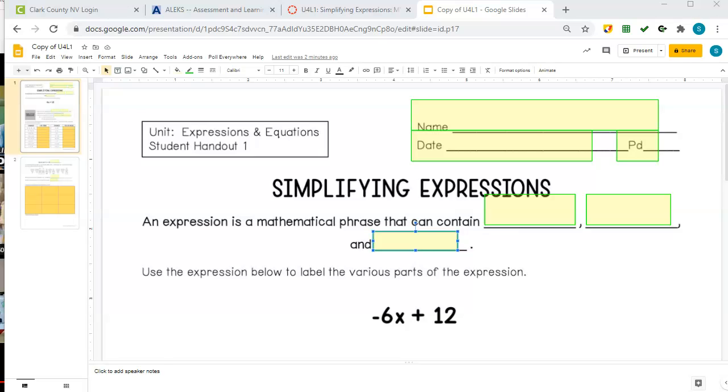We already did a little bit of preview where we talked about operators and operator properties. We're starting to move into algebraic reasoning, so we're going to be talking about expressions. Now, an expression is a mathematical phrase that can contain variables,